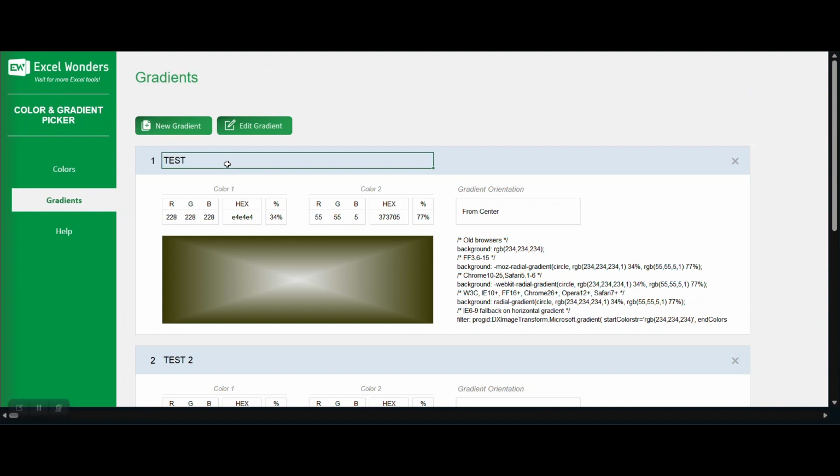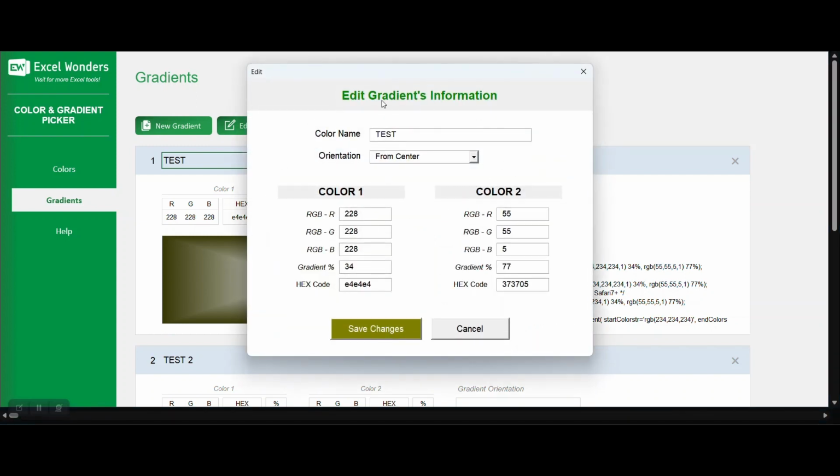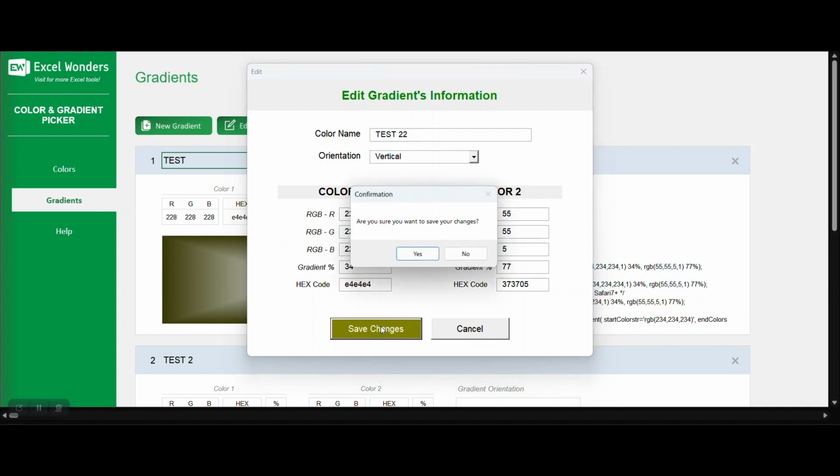Now, if you want to edit, for example, I click here on the gradient you want to edit, you click edit, and it opens a window with the information about it. You can edit the name. Let's, for example, call it test 22. You can change the orientation. Let's, for example, change it to vertical. And then you can change the colors as well and the percentage of the gradient. If you click Save Changes,